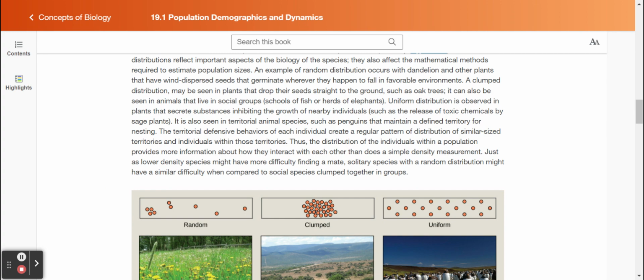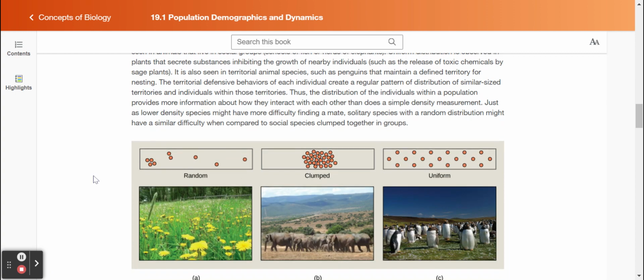Uniform distribution is observed in plants that secrete substances inhibiting the growth of nearby individuals, such as the release of toxic chemicals by sage plants. It is also seen in territorial animal species, such as penguins, that maintain a defined territory for nesting. The territorial defensive behaviors of each individual create a regular pattern of distribution of similar-sized territories and individuals within those